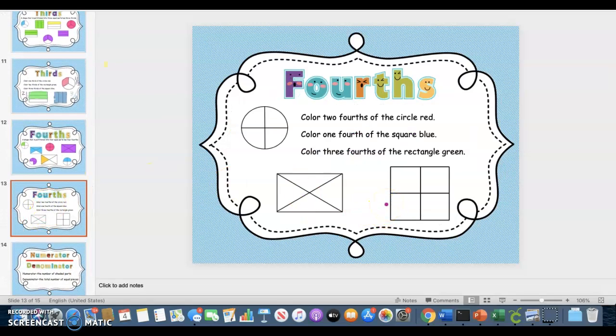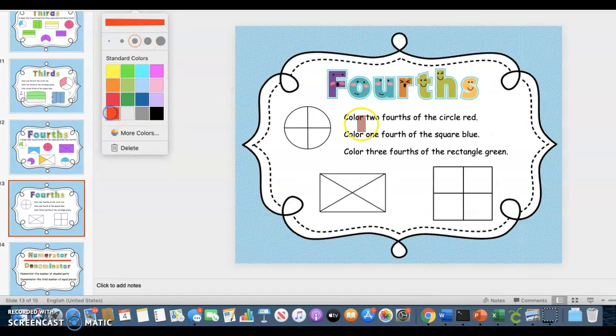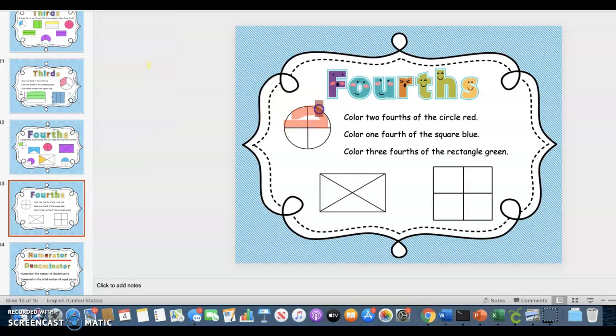So here's the last one. Let's practice really quickly. We don't have a whole lot of time left. Okay, and let's wrap this up. It says color 2/4 of the circle red. Color 1/4 of the square blue. So we need to find the square. Color 1/4. I'm just going to keep going with red. And then color 3/4